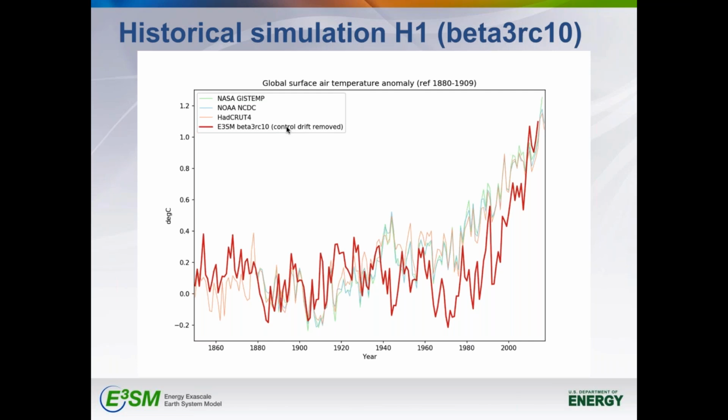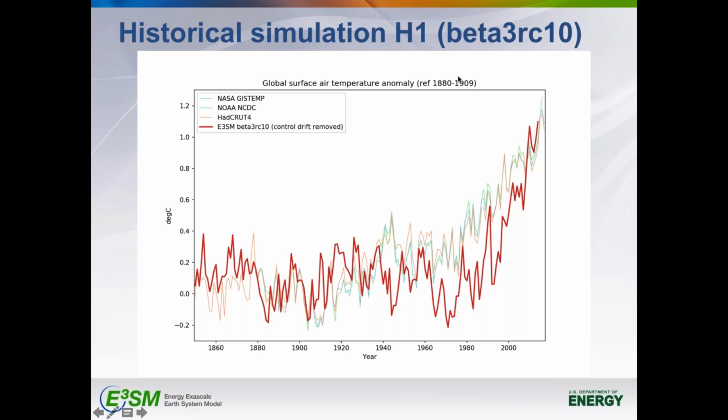The other aspect is that the global observational data sets are only provided as anomalies. So you have to normalize everything with respect to a certain period. And here I chose basically the beginning of the record for all the observational data sets. I chose 30 years, which is a pretty standard period for computing anomalies. So I chose 1880 to 1909. So all 3 lines are normalized with respect to 30 years here, so their average over those 30 years is identical